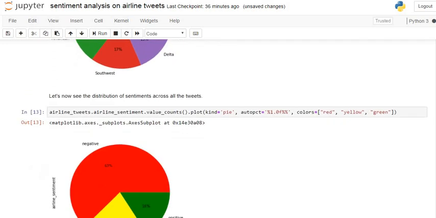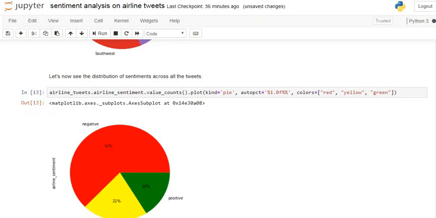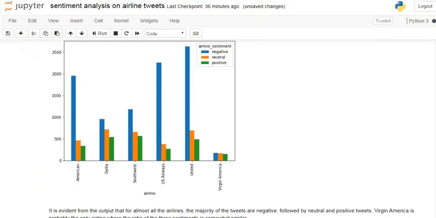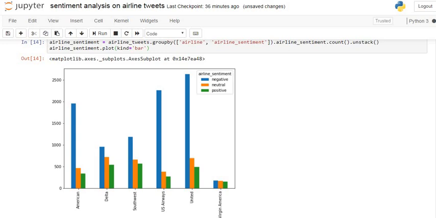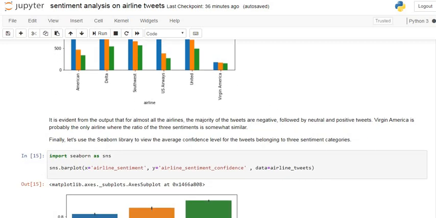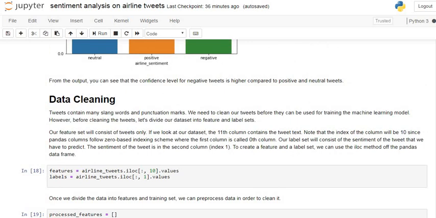From that we can see that our dataset contains many more negative sentiments, followed by some neutral sentiments and after that positive sentiments. But for Virgin America airline, the sentiment counts are similar for neutral, positive and negative sentiments.